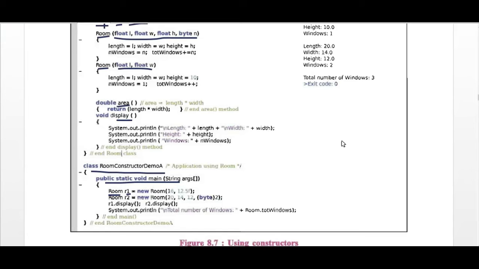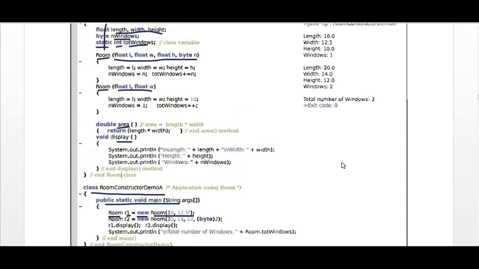Here we define the R1 variable by using the Room class, and the new keyword allots memory to the R1 object reference variable. Now you can see Room 16 and 12.5. So Room is a constructor. We have two constructors: constructor number 1 and constructor number 2.